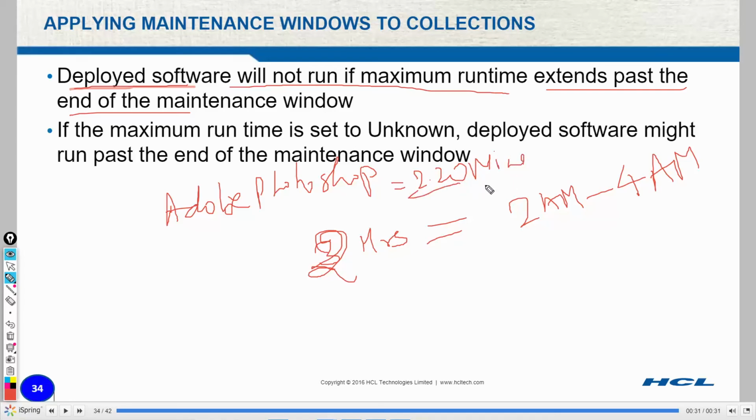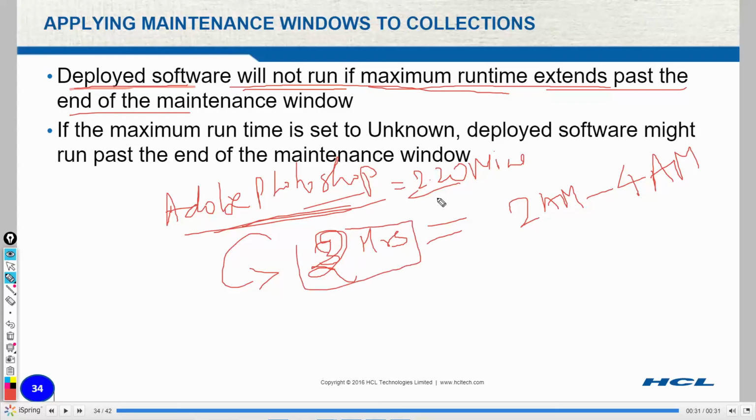So deployed software will not run if the maximum runtime extends past the end. If you are deploying the software during maintenance hours and your maintenance window is only 2 hours, this software execution will not run because the runtime of the installation is 2 hours 20 minutes, which is exceeding the maintenance window time.